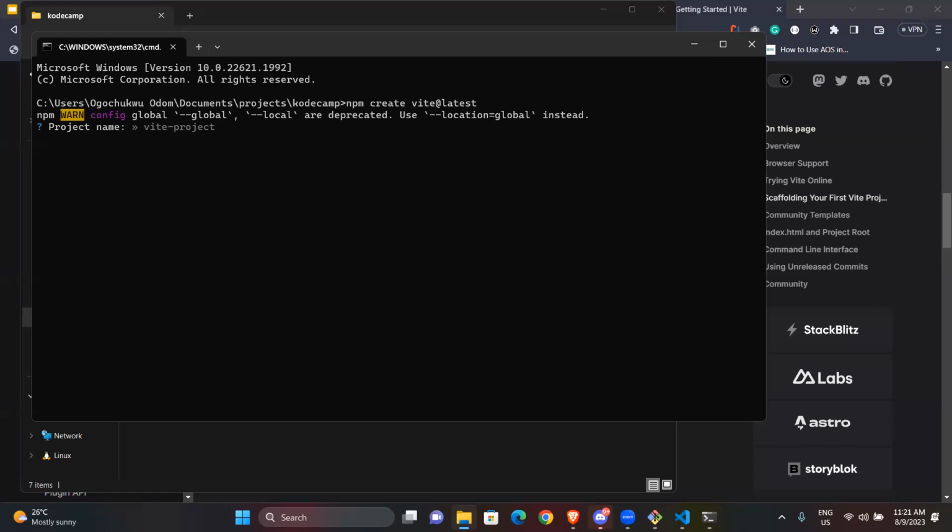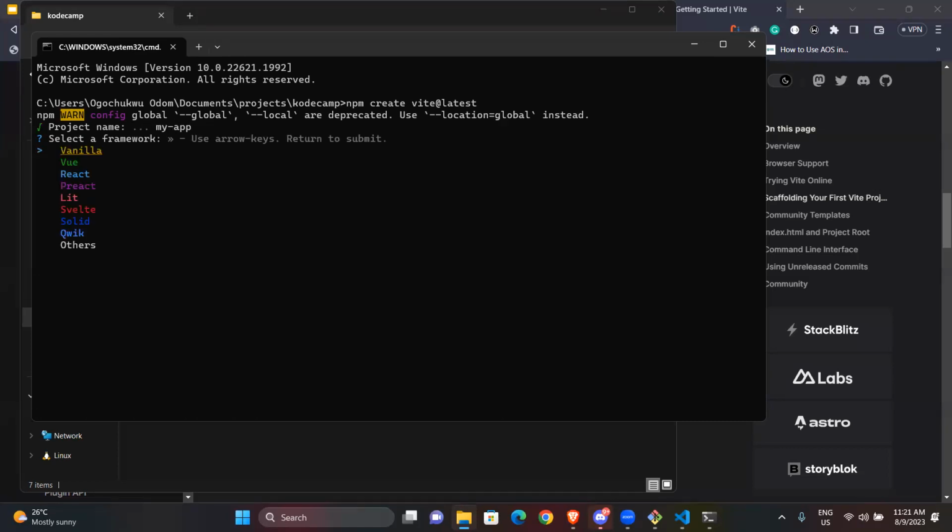If I press enter, it now asks you for the project name. So you have to specify the project name. What's the name of this thing? Okay, let me just say my app.